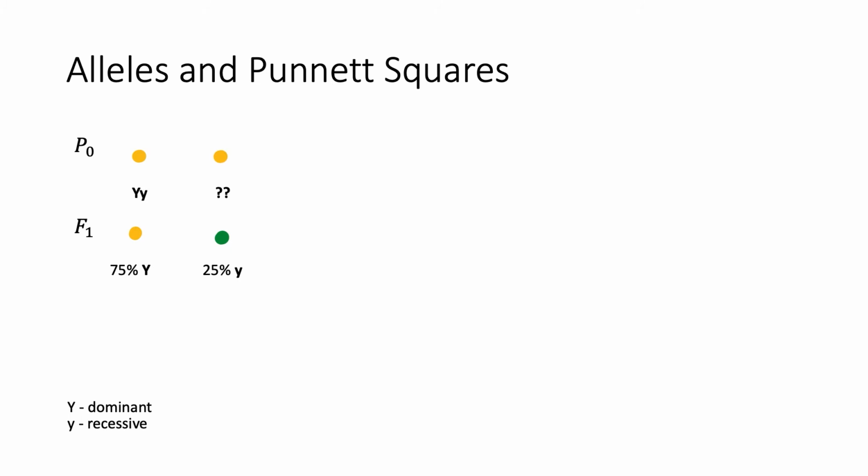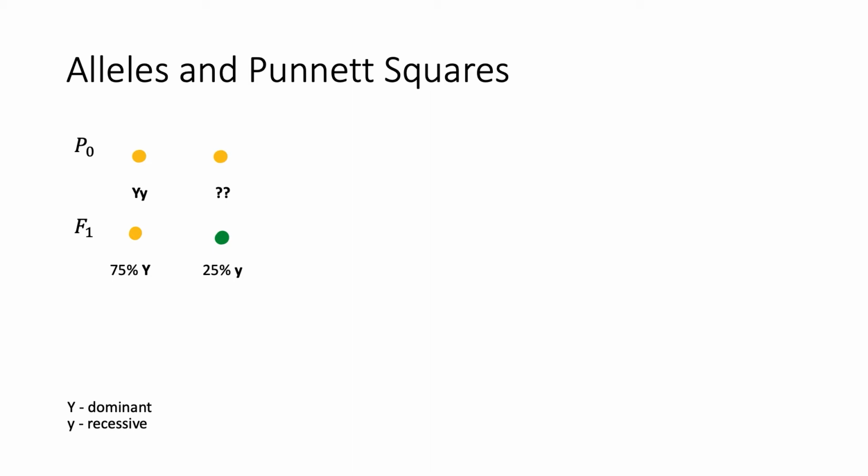Okay, here's a slightly different style of Punnett square. Now we're dealing with the pea color gene, which has two alleles, the dominant yellow allele, uppercase Y, and the recessive green allele, lowercase y. We know that two peas were bred, both have a yellow phenotype, and one has a heterozygous genotype. Their progeny has a phenotype of 75% yellow and 25% green. And my question is, what's the genotype of the other pea?